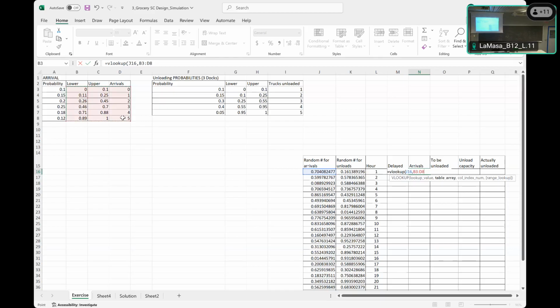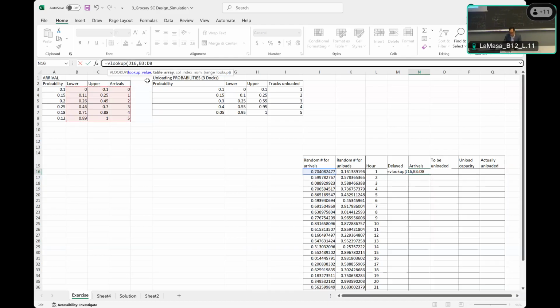What is important here is to fix it, because I have to pull down, so I have to fix it with the dollar symbols. When I'm using the dollar symbols, when I'm pulling down afterwards, it will not change. So I'm putting here $B$3, $D$8,